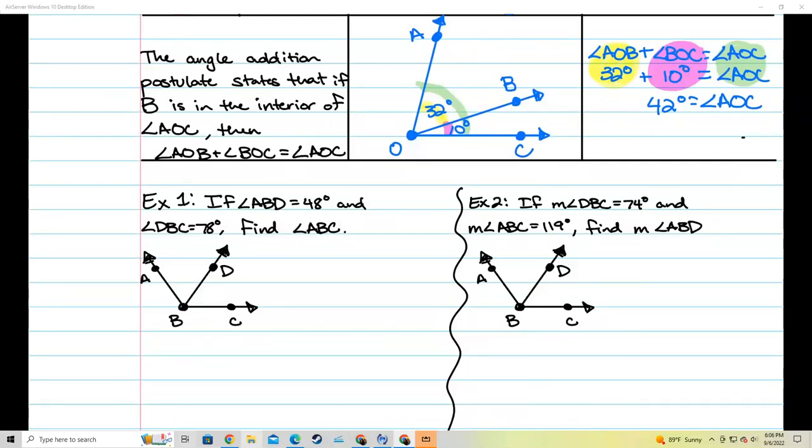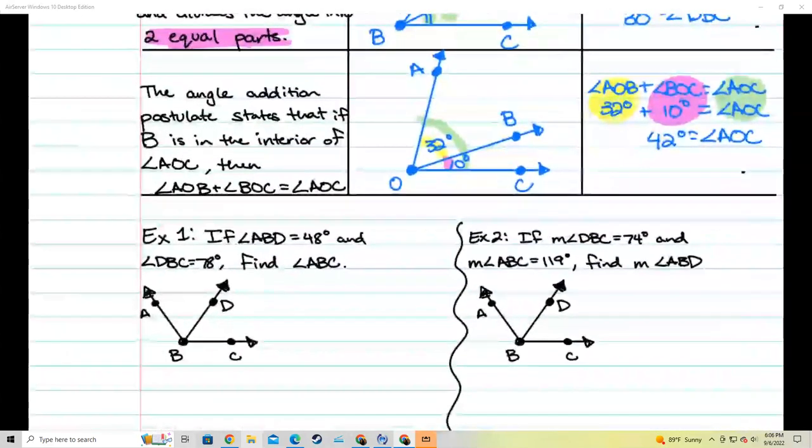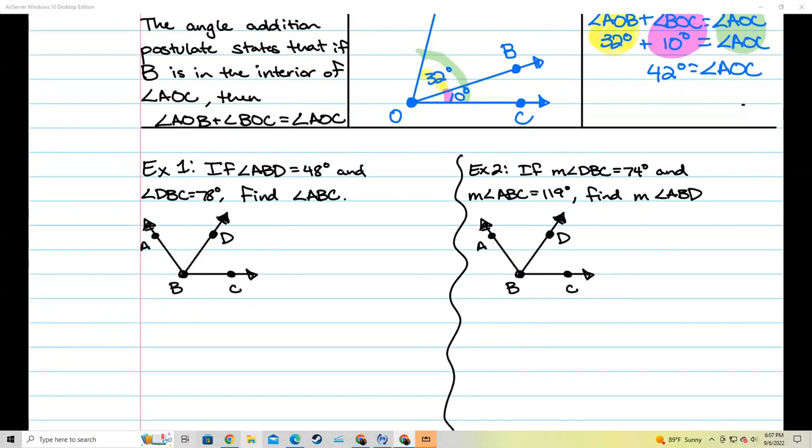All right. Let's take a look at the last stuff. Again, this is going to finish up our notes for today. These are going to be the notes for tomorrow. But for today, we're going to focus on just these last two examples. It says, example one, if angle ABD is equal to 48 degrees and angle DBC is equal to 78 degrees,